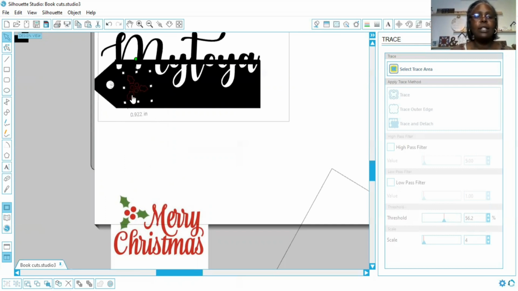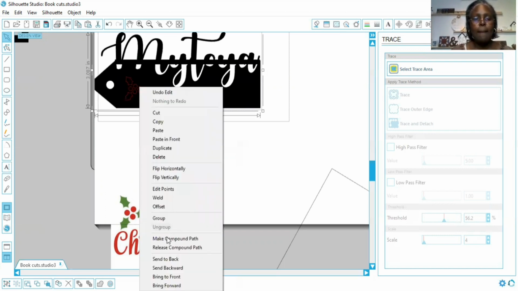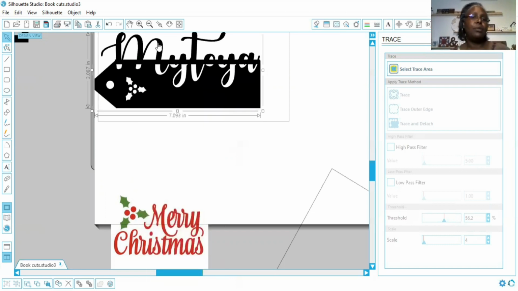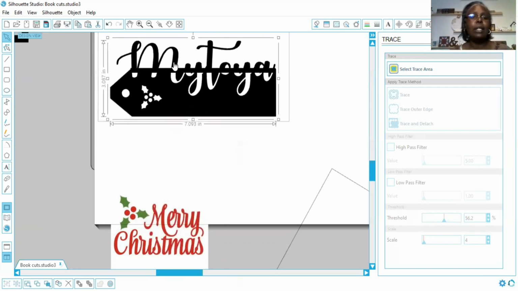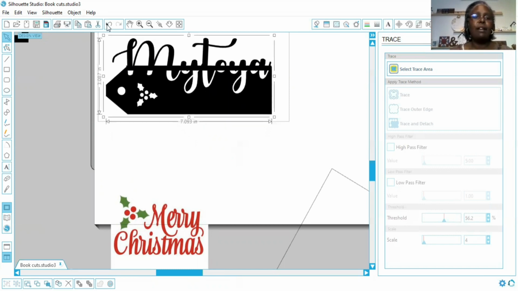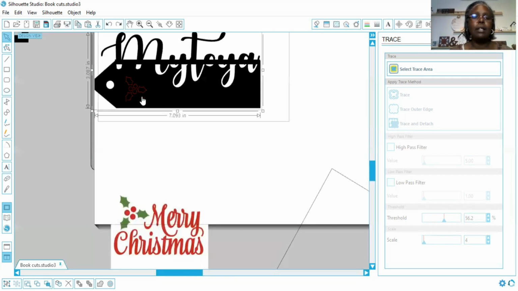I wanted to stick it in here and then select both the name and the holly and right click and say make compound path. Look what your girl just made. We just made us a nice festive tag. Okay, I'm going to undo that for now because I don't want to do that with